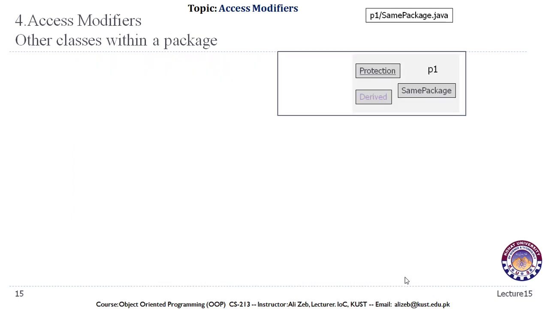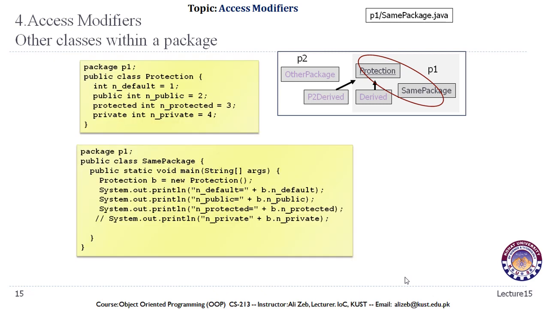Other classes within a package. So we have the package p1 that has a derived class from the protection class, and if we try to access, let's say, the same variables, now the derived class was the subclass of the protection class. The same package class is not a subclass of the protection class, so there is a different kind of relationship. They are within the same package p1, but there is no direct relationship between the protection class and the